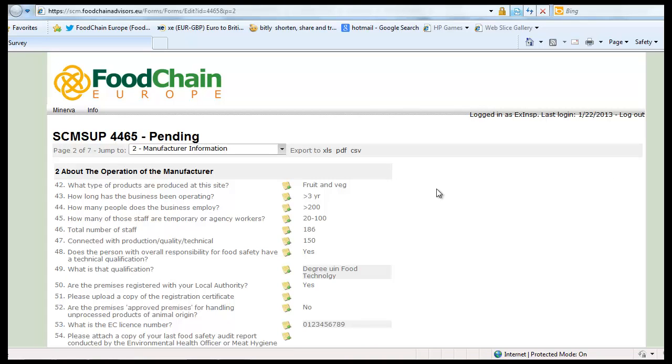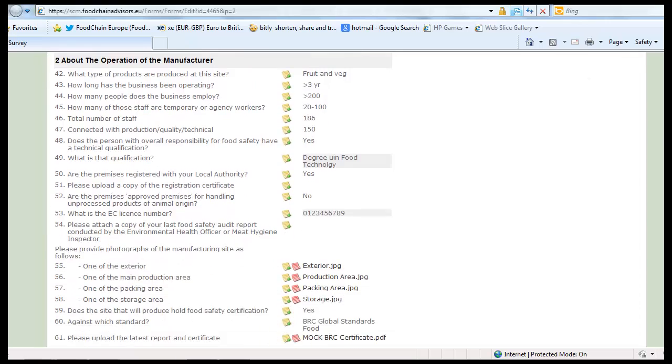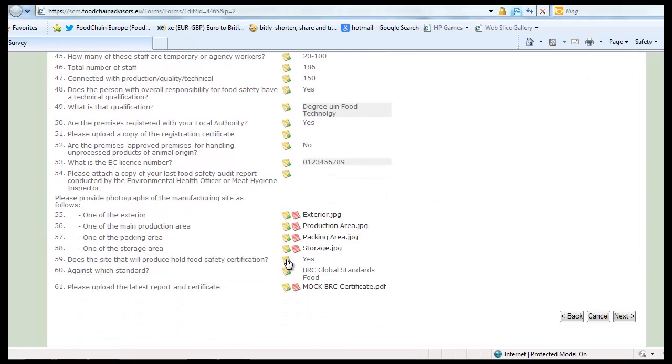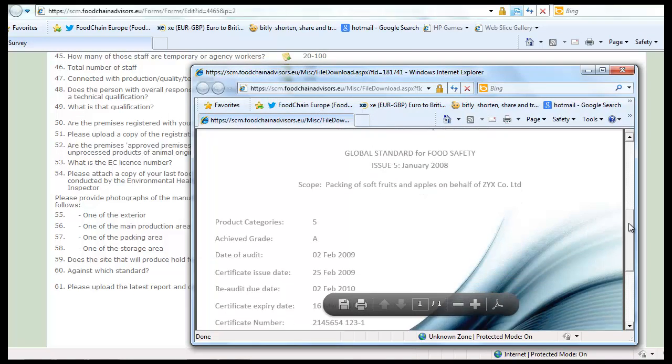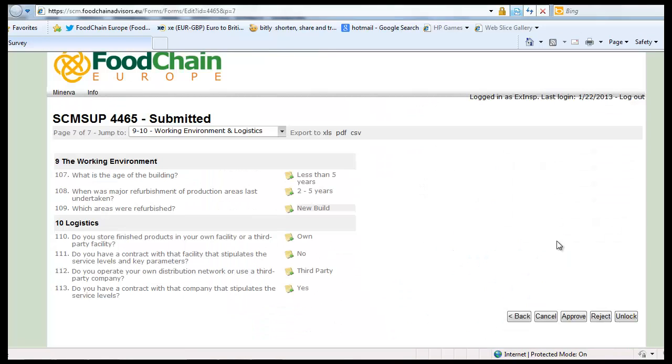The inspector can see that the supplier has now uploaded all the documentation. A click on the document link will allow them to see the uploaded certificate. As this was the only area the inspector raised concerns about, they are now happy to approve the supplier based on this form. So, if we click Approve and move back into Forms Overview, we can now see that the